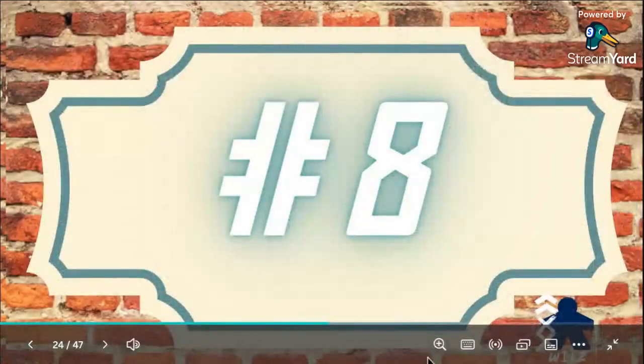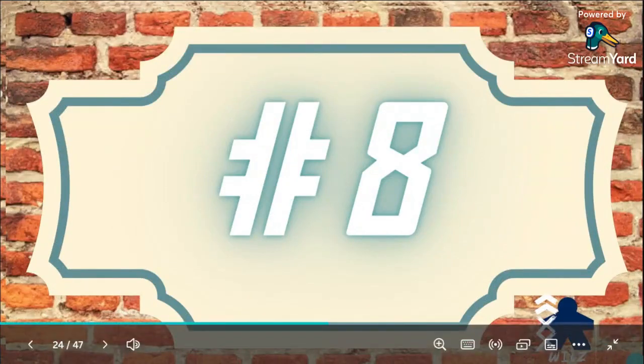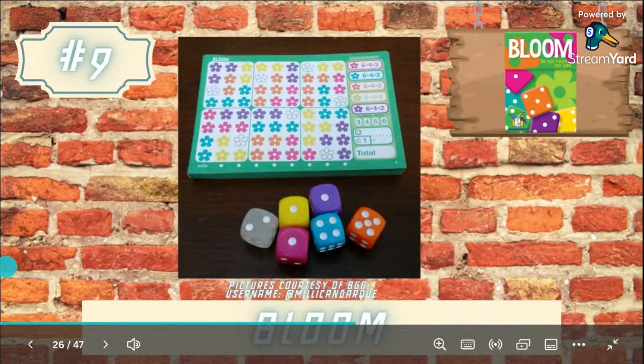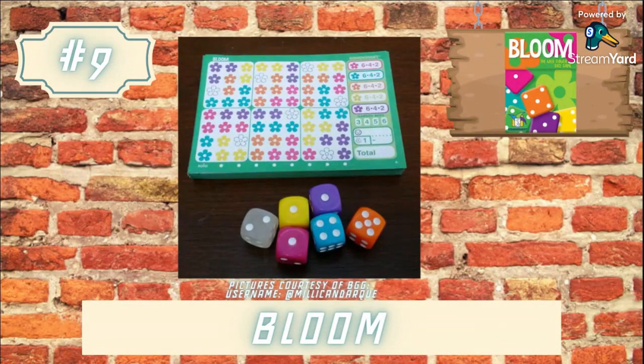My number 8 rolling right is Bloom. This is a game that I learned thanks to starting a board game club at school. In Bloom, you have various colored dice, and you also have various colored flowers. The clear dice and the white flowers are wilds. When you roll the dice, you take the dice and you're trying to fulfill orders. If I were to take that red orange dice, I could circle 5 orange flowers, or I could use one